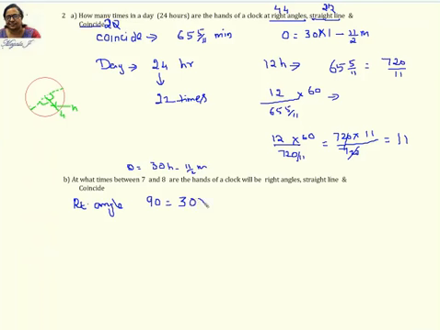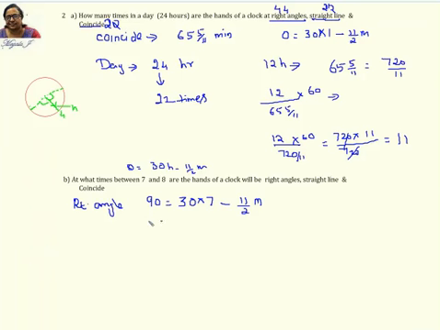So 30 into the hour, which should be 7, because it is 7 o'clock and some minutes. So the hour is 7. Then minus 11 by 2 M. M is minutes, because you have to find out at what time between these two. Between 7 and 8, it has to be 7 past something. That something is some minutes which you have to find out.